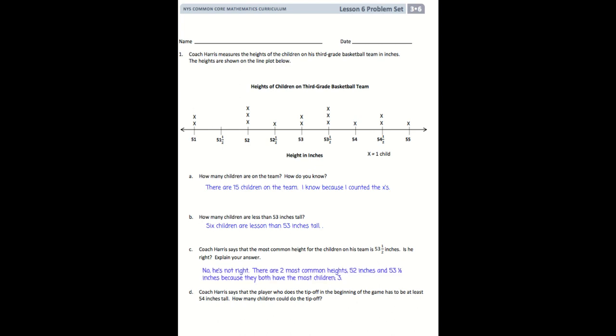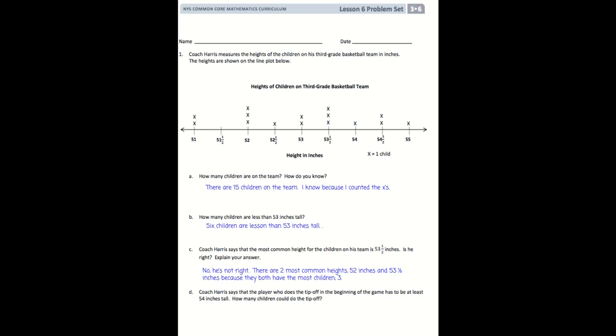On C, Coach Harris says the most common height for children on his team is 53.5 inches. Is he right? Explain your answer. Well, no, he's not right because there are two most common heights, 52 inches, which is right here, and 53.5 inches because they both have the most children, which is they each have 3. So he got one of them right, but he forgot that there was a second one,